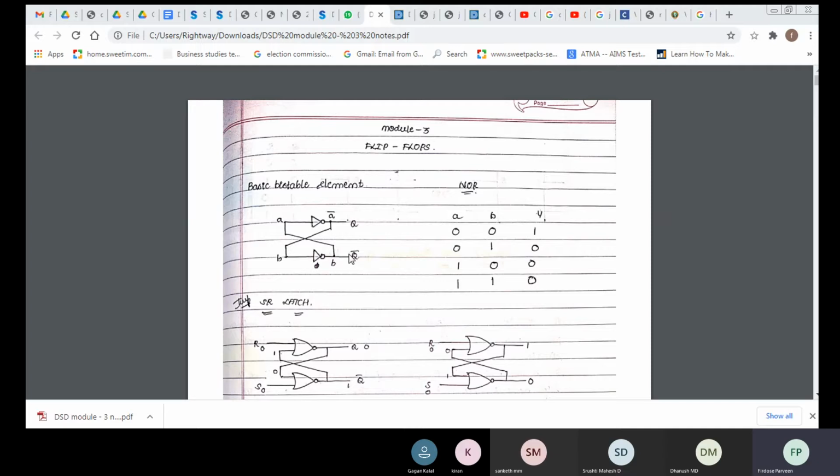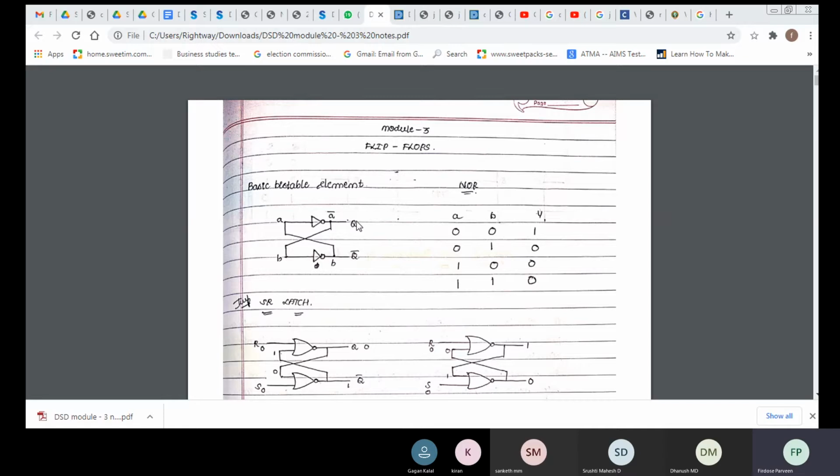If we want to change the output, we switch off and switch on again, and we keep this as 0. So this becomes 1. Q will be equal to 1 as this is a NOT gate. When Q is equal to 1, B will be equal to 1 and Q bar is equal to 0. So Q will again remain in the same state. Here Q can remain in either of two states, either the 0 state or the 1 state. If it remains in the 0 state, it is called reset. If it is equal to 1, it is called set. So this is all about the basic bistable element.